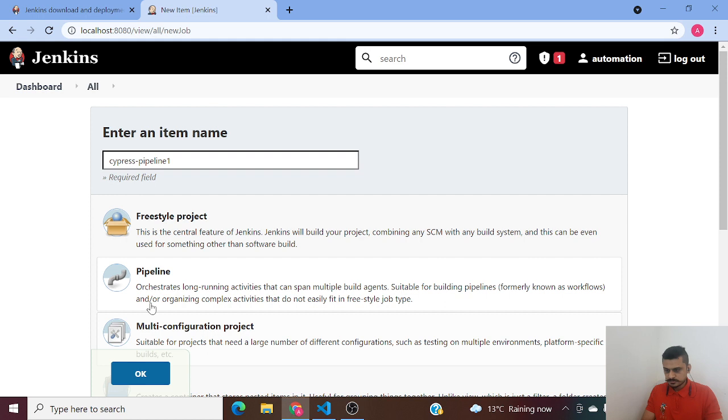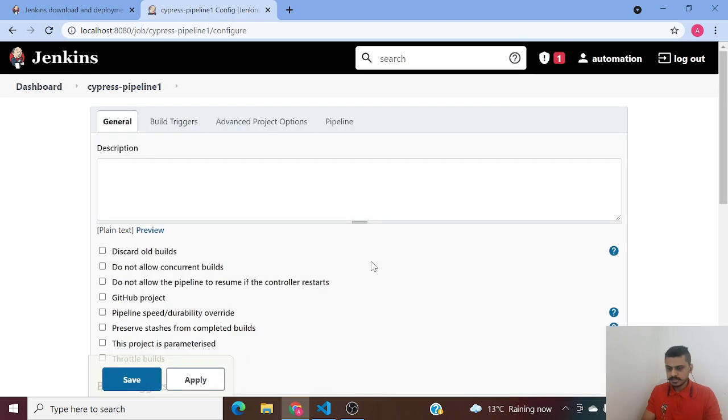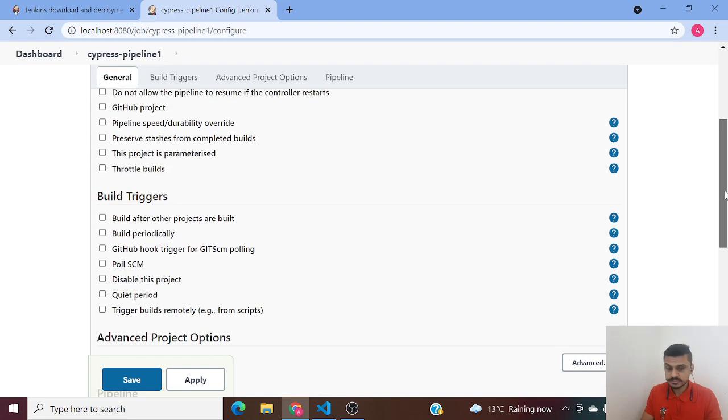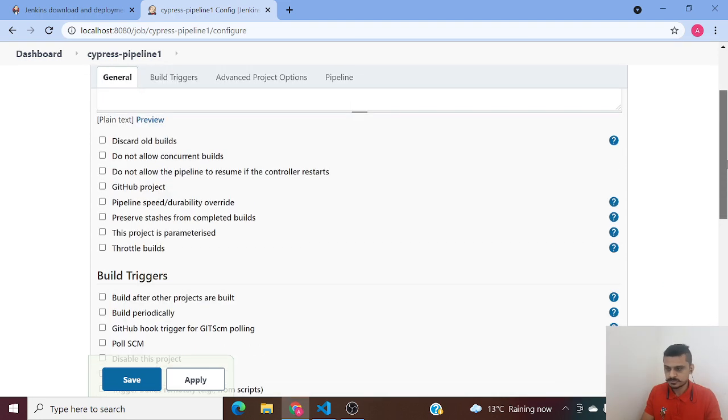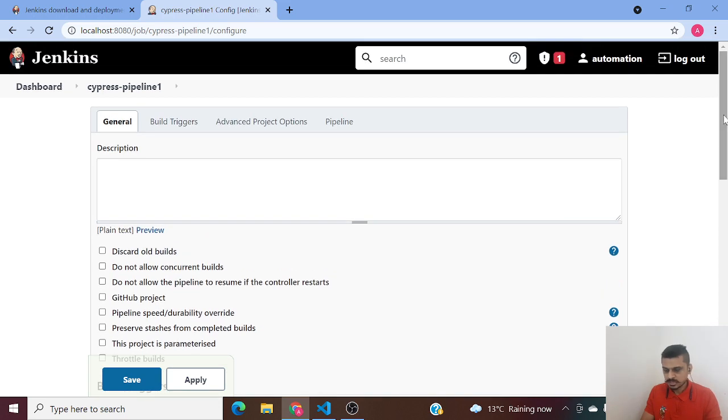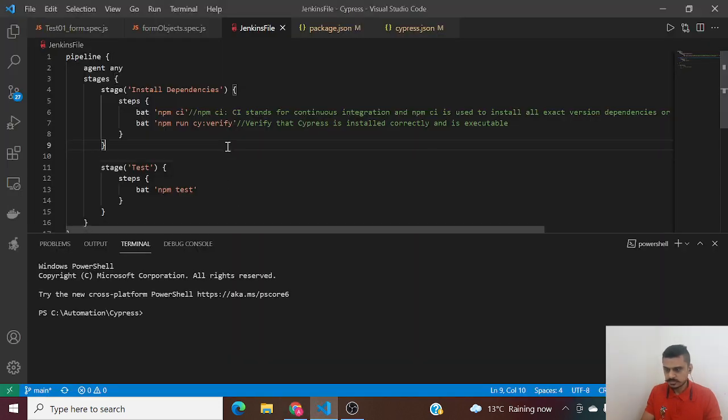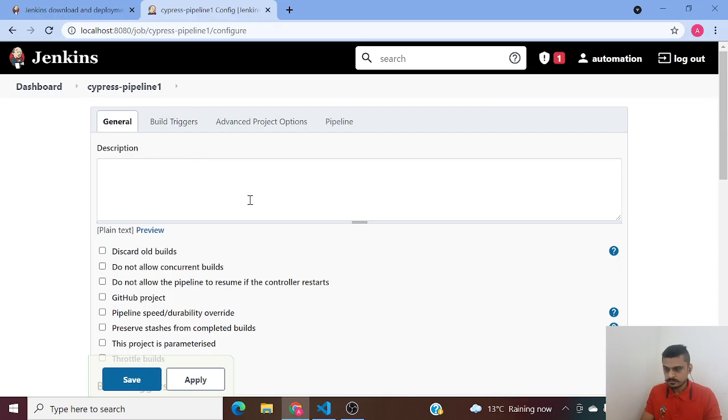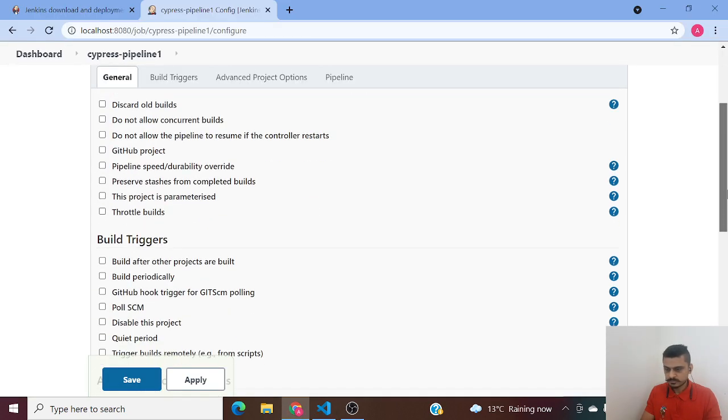Select this and click on OK. So you have to select the pipeline option and click on OK. And guys, since we have integrated this project with GitHub, we will directly read the Jenkinsfile from our SCM, source code management. Since you have this entire source code in Git, we really don't need to interact with the local system now. What it will basically do is pull this from SCM.